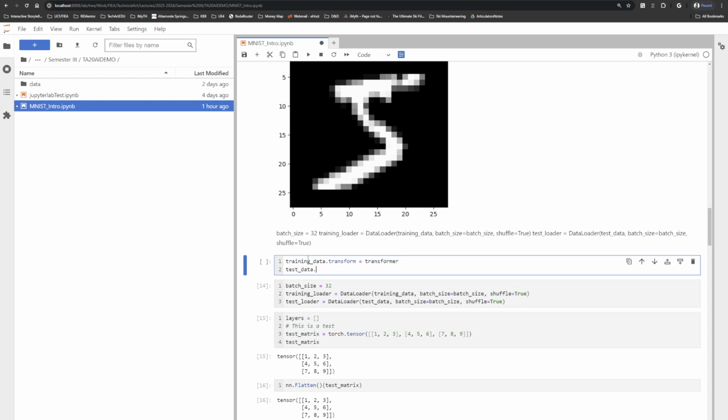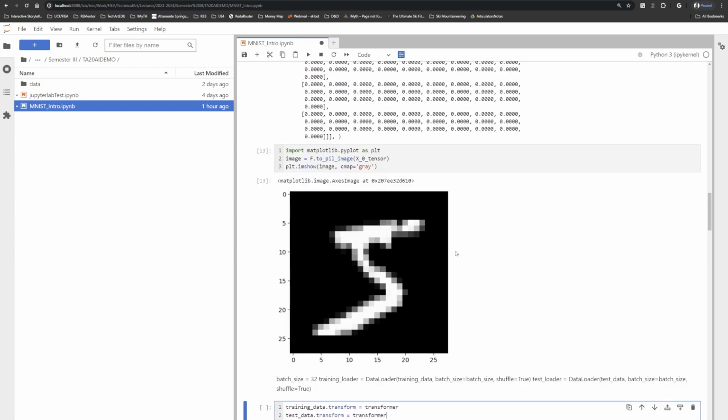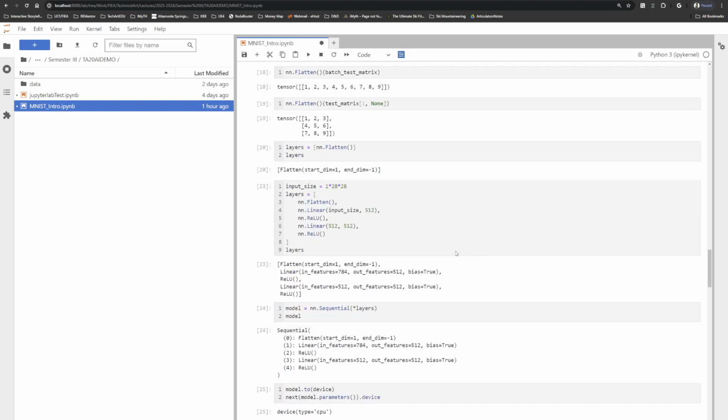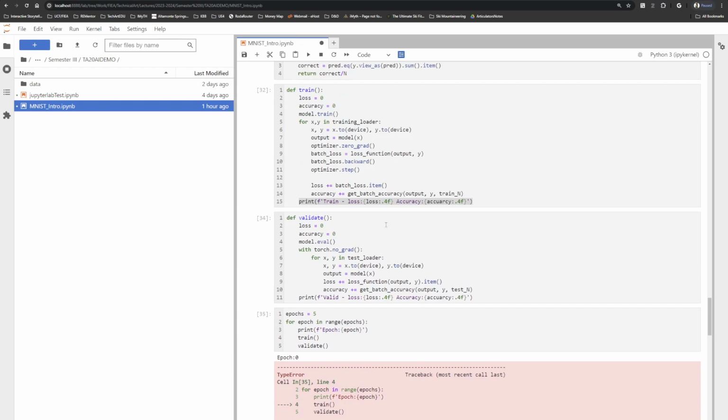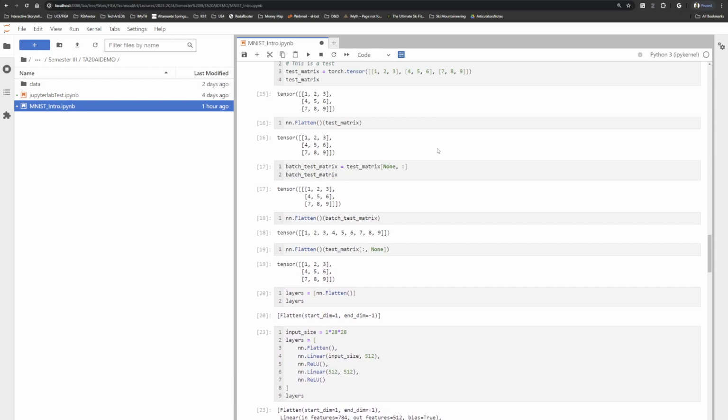Dot transform equals transformer. Okay, but let's see, this was cell number, no, well, actually just going to do cell 13, and we're way off at cell 34. Okay, so the best thing to do in this situation is we've got to execute all